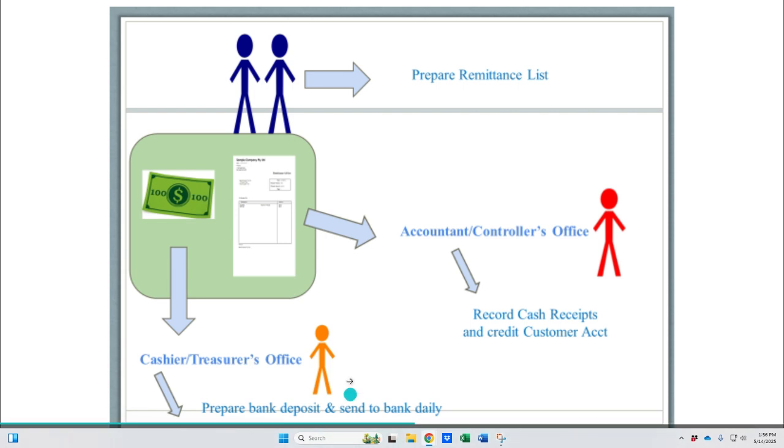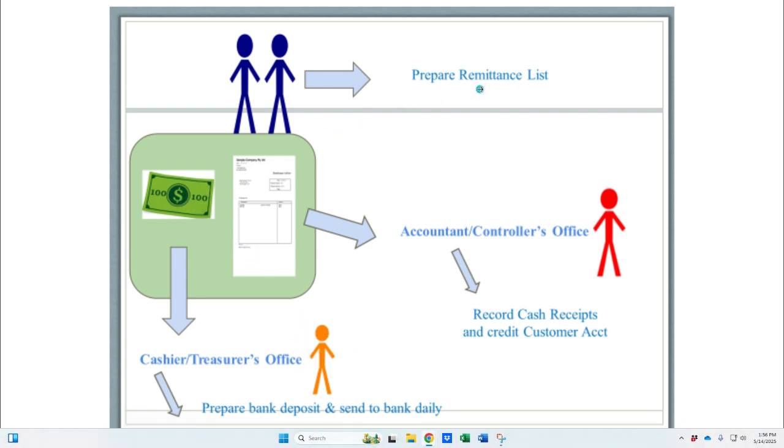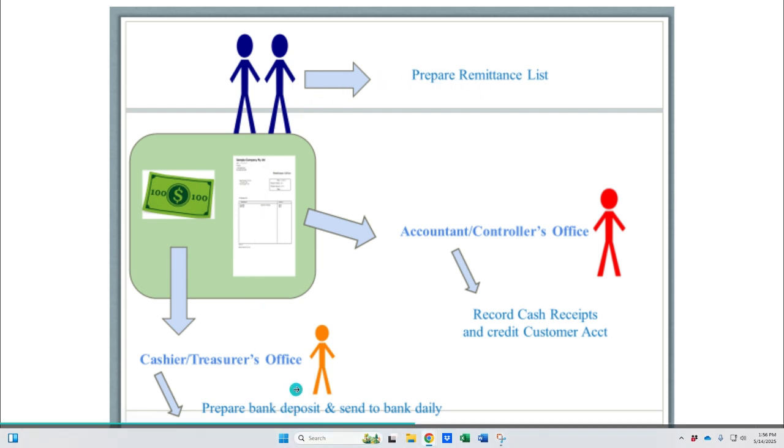So this little yellow person down here, they will get all the cash and the remittance list of all the payments that they received during the day, and they will prepare their bank deposit, send all of that money to the bank, and we would have that happen, we say, intact and daily. So we want the full amount deposited every single day so that we see the amount on the remittance list is going to be the same on the deposit ticket,